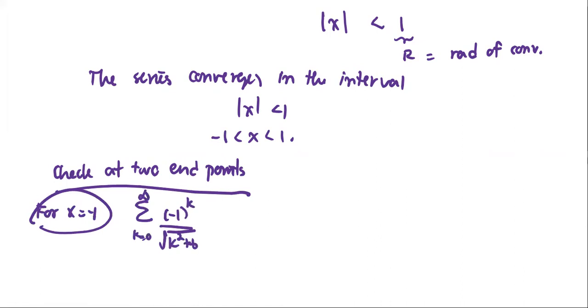This is an alternating series with a_k equals 1 over the square root of k squared plus 6. By the alternating series test,